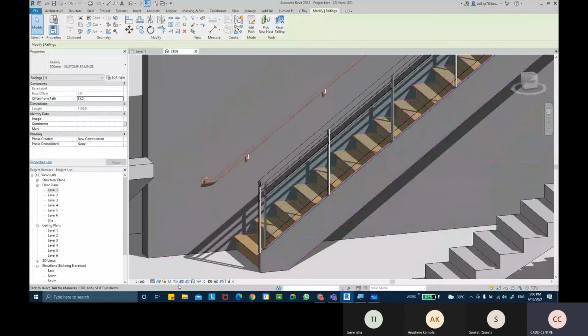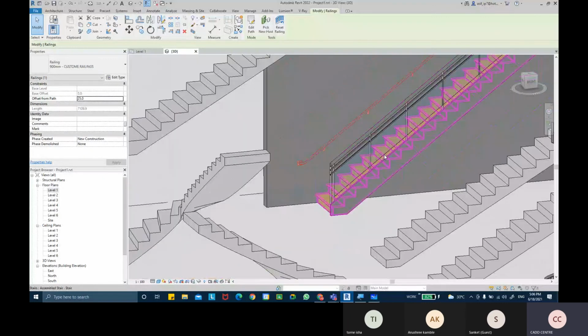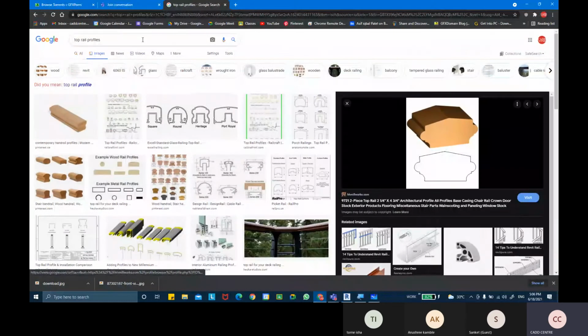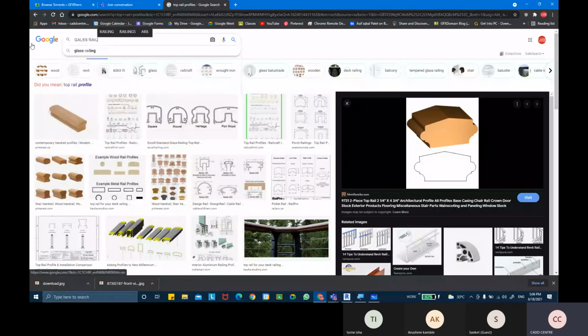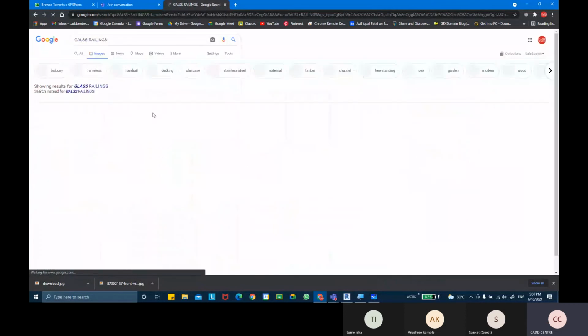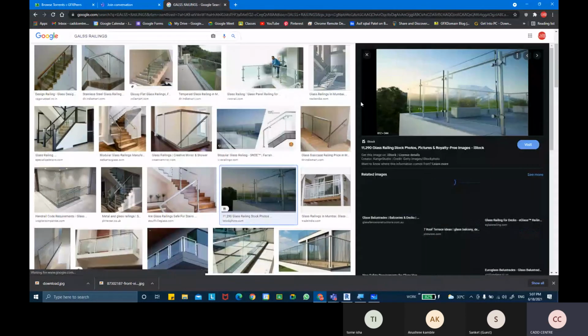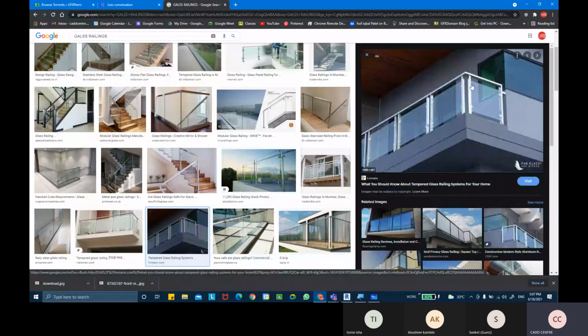It's a very simple glass panel that they have created for the railing. If you wanted to create glass rails which have the D clips or spider clips to hold the balusters, something like that,